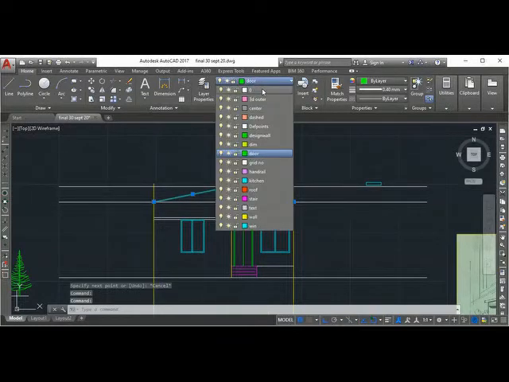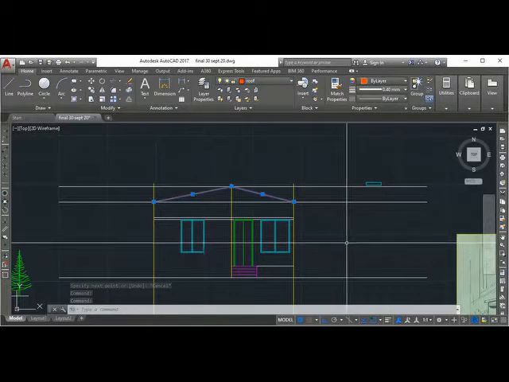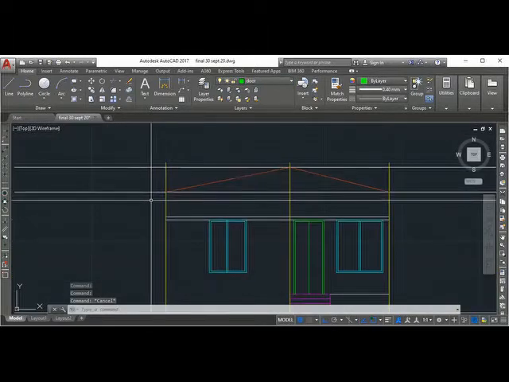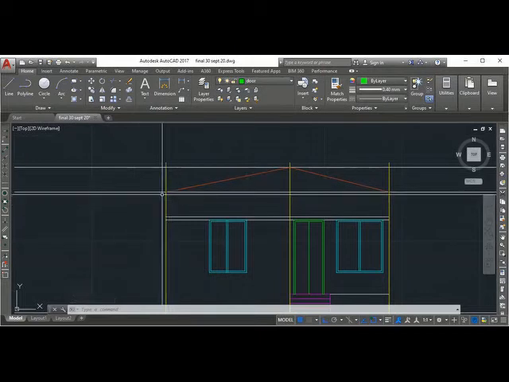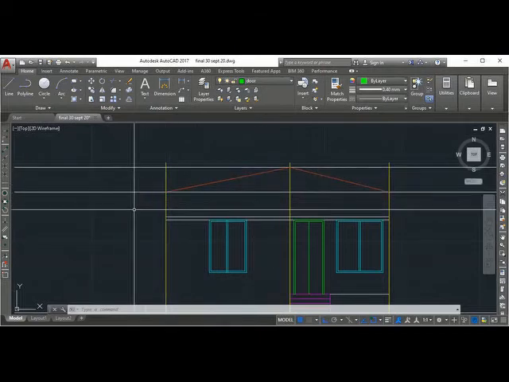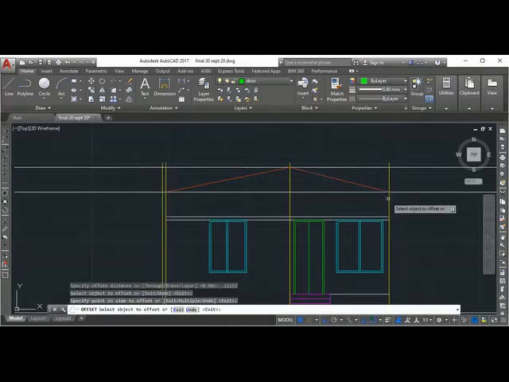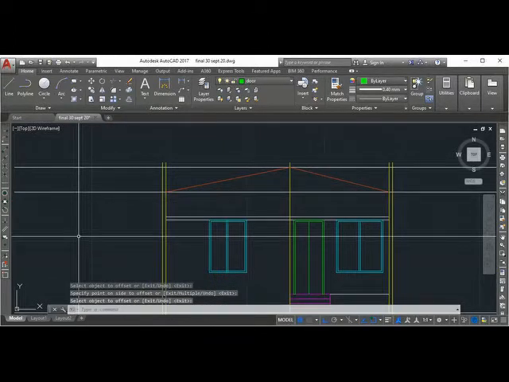I think I've already made one. This should be extended up to about 30 centimeter minimum. The roof should be extended from the wall about 30 centimeters. So we make 300 minimum. It can be more also. So extend.